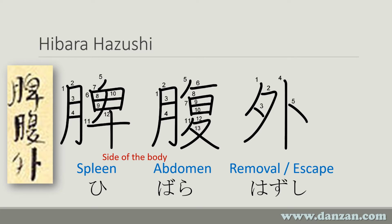Okay, so let's look at the strokes for this. By the way, you probably noticed that both he and hara have this structure here, and if you remember, that means moon or month, but in this context means flesh or meat. So it goes 1, 2, and kicks up, 3, 4, 5,